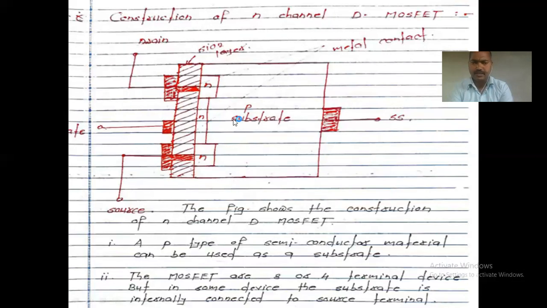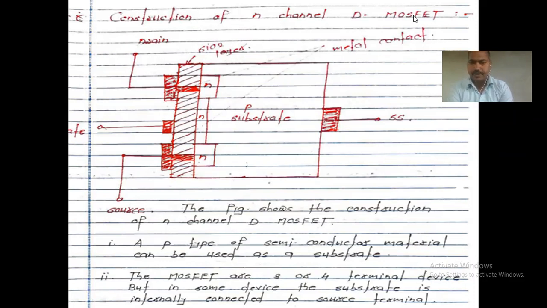In case of P channel DMOSFET, one of the important things is that everything is reversed. In your exam, the P channel should not be asked, and it is not used in most electronics applications, meaning 98% of the MOSFET applications use the N channel because it has the largest number of electrons. But we should know this, that's why I'm telling you.